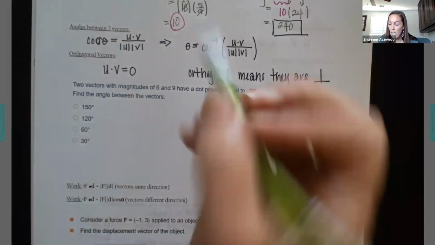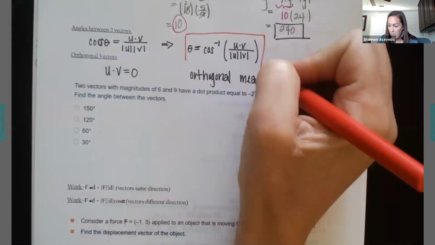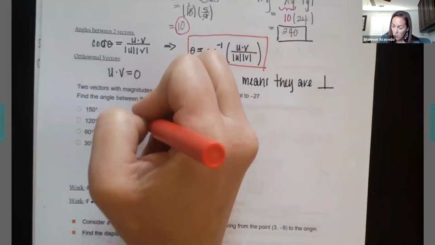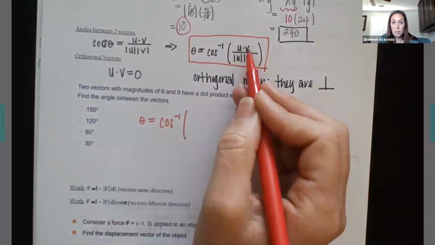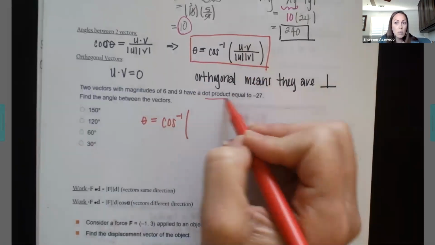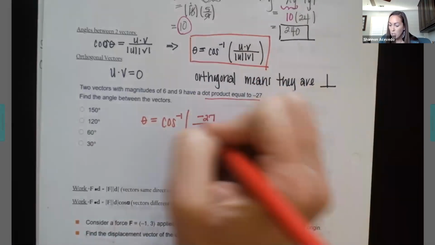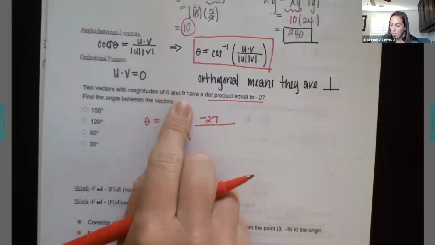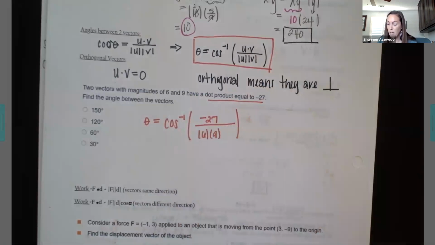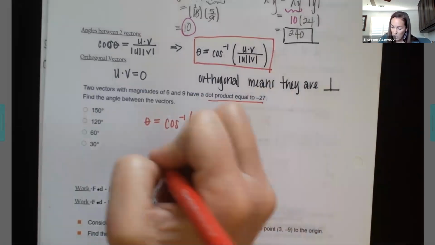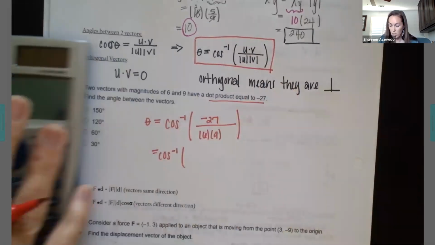All right, if I want the angle between them, here's what I want to know. I want to figure out what that theta value is. So theta is equal to cosine inverse of the dot product of them. Dot product was negative 27. I didn't even have to solve the dot product. All over the magnitudes, 1 is 6, 1 is 9. So 6 times my 9. I plug this in my calculator and I do cosine inverse of,